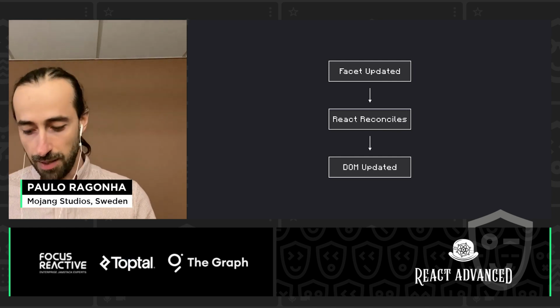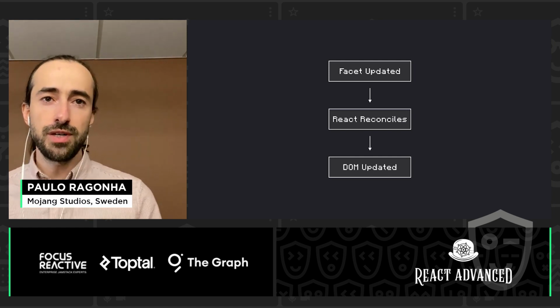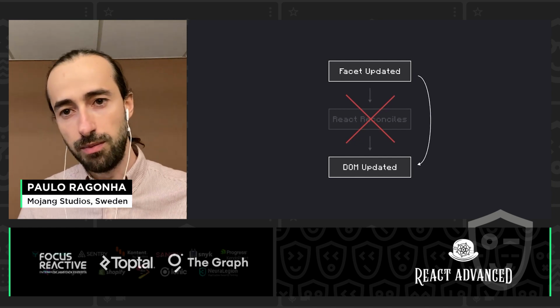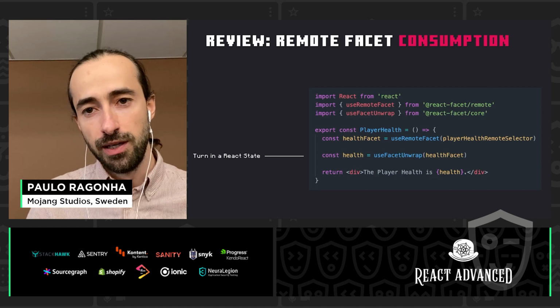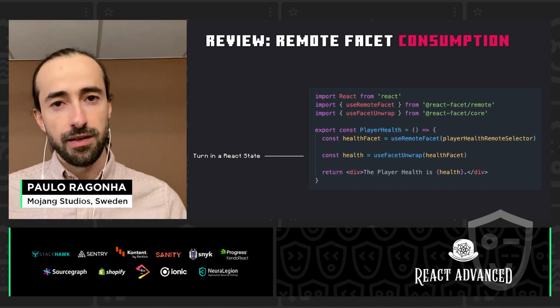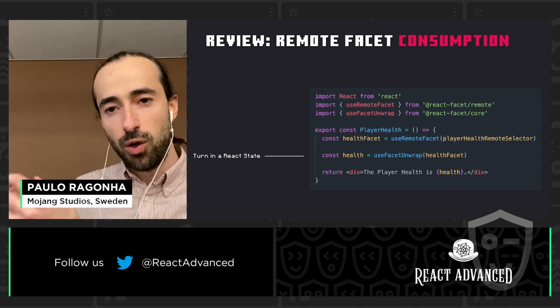And that's how an update happens. So what we're proposing is, could we just skip the middleman and go straight from the facet update to the DOM update? If we go back to the example that we had before, what we're proposing is, instead of taking the facet, which is a nice data structure that holds a value over